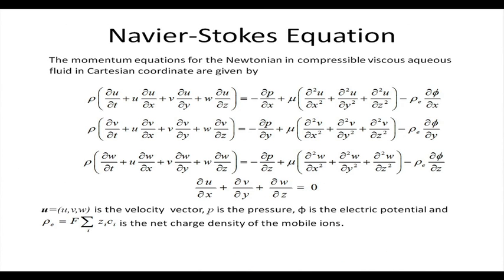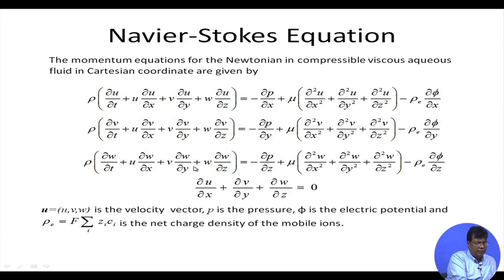Now, if I write this equation in Cartesian coordinate form, the transport equations, which we refer to as the incompressible Navier-Stokes equation, we get a situation like this way. Here, this is the electric body force term. Other things are the usual situation for the usual Newtonian incompressible fluid flow equation. So, if a pressure difference occurs, and if there is a flow, there will be a non-zero pressure gradient, and